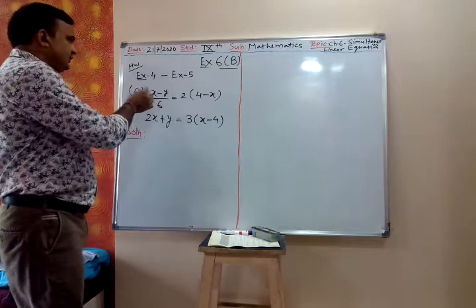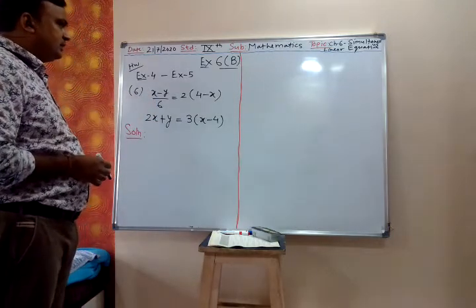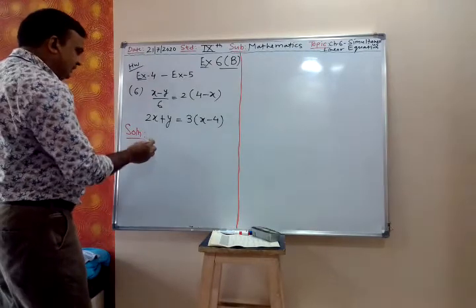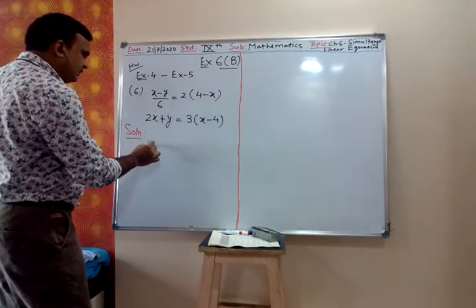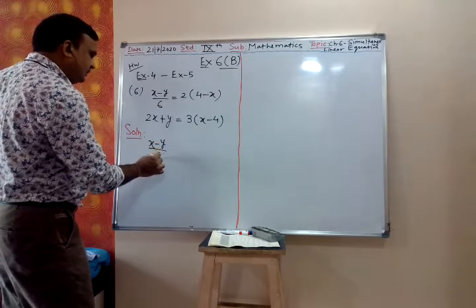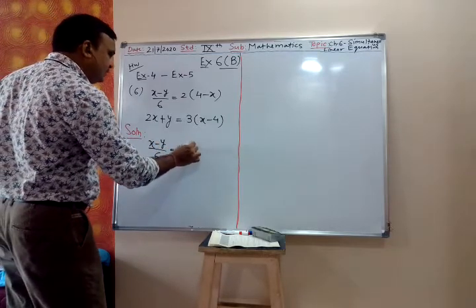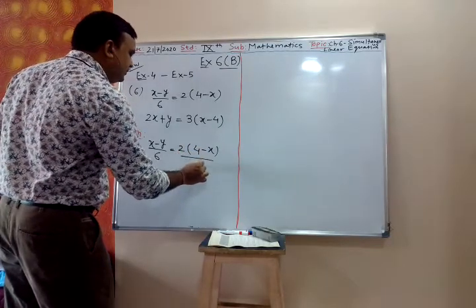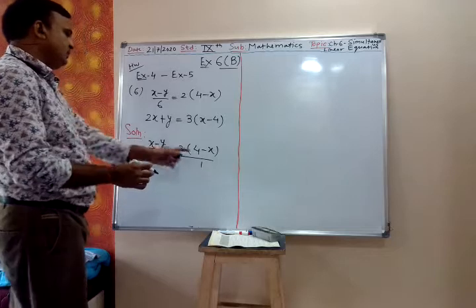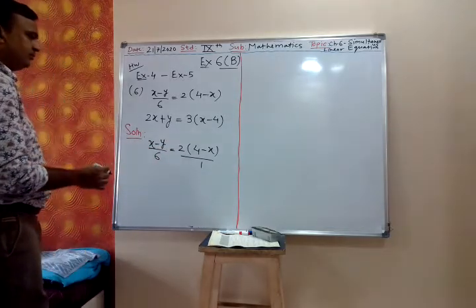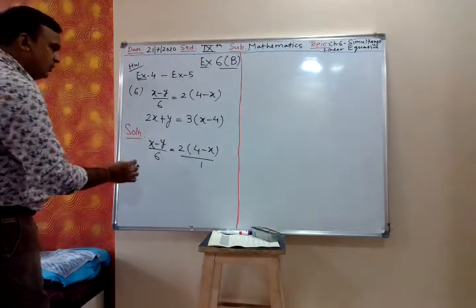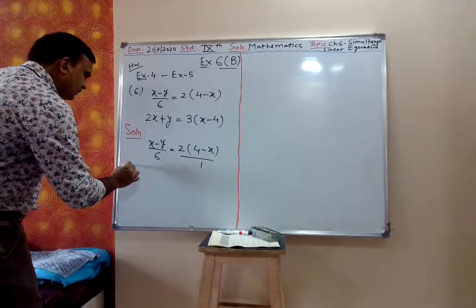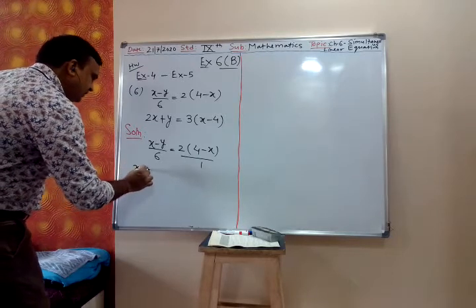Now let us start. Third, fourth, fifth are homework. Now question number 6. First we get two equations. x minus y upon 6 is equal to 2 into 4 minus x. Their denominator is 1, so I will cross multiply. You have to cross multiply first. So x minus y is